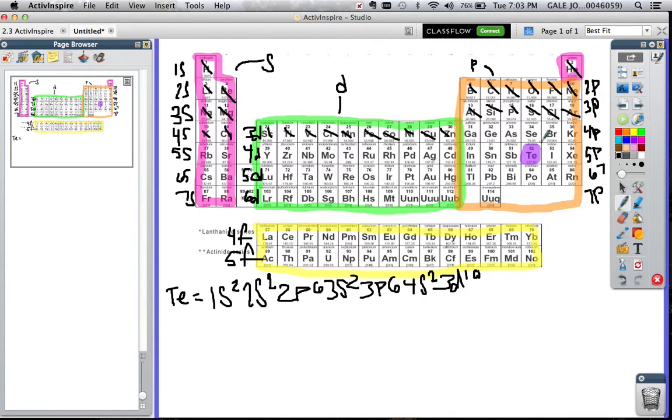Okay, jump over, and we're at 4p. So we write 4p and count. 1, 2, 3, 4, 5, 6. Write the 6 in. Now we're going to jump down, and we see that the next thing that we have